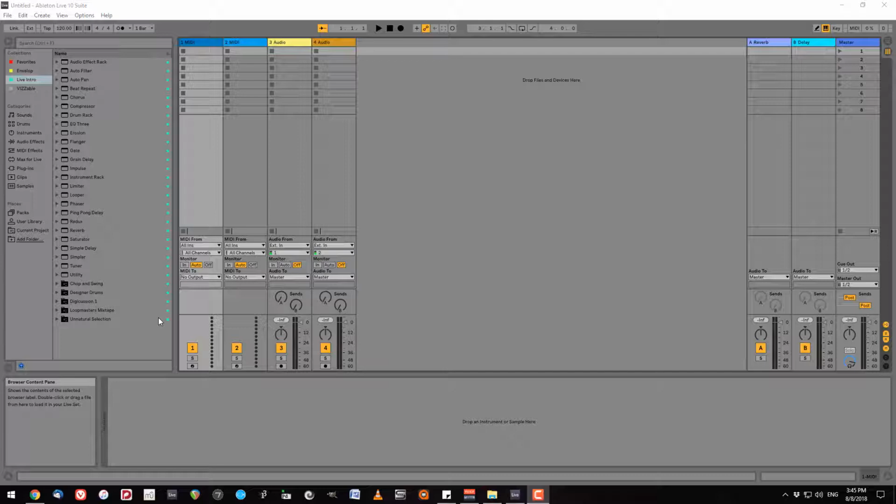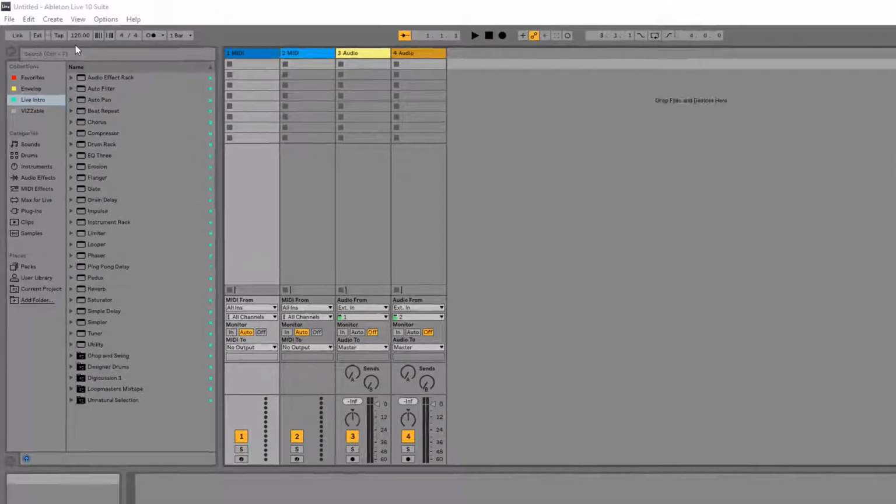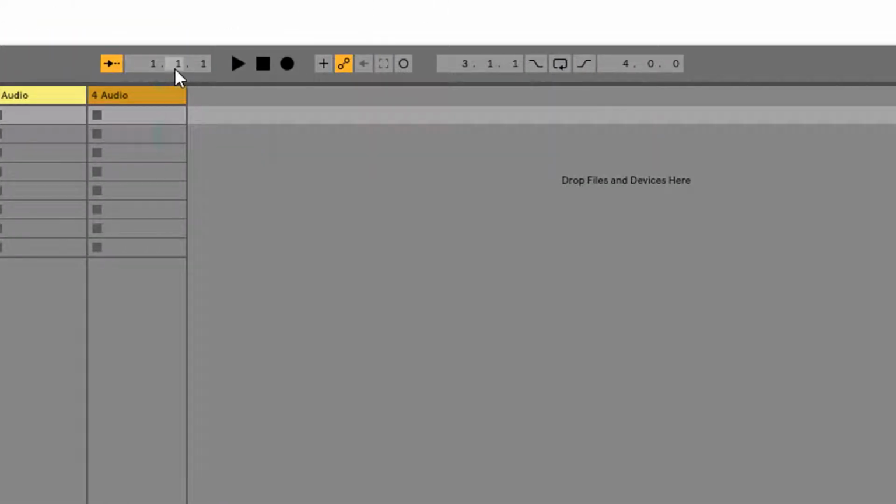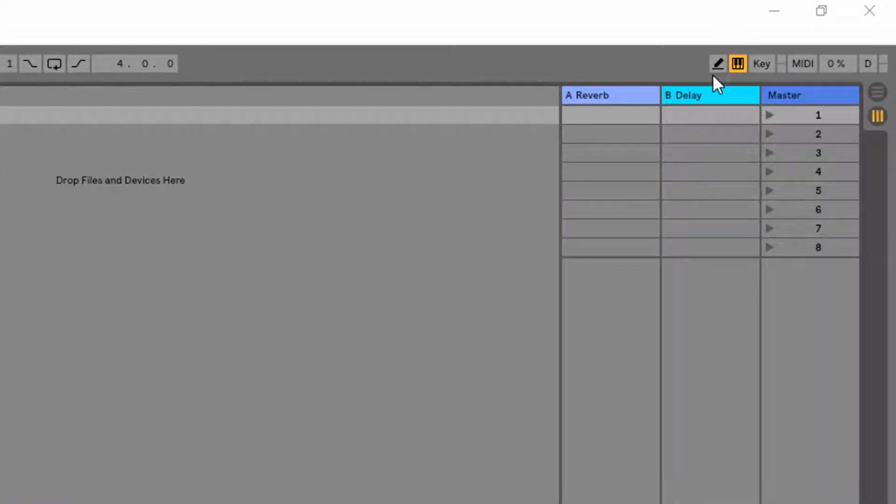This first screen that I'm on is the session view. At the top of the screen are controls. Up here we have controls for tempo and for quantization. This is how fast your piece is and how it syncs up clips. In the center of the top area is a timecode box, followed by playback and recording controls. Next are controls for punching in and out and for looping, although we really aren't going to be using those in this class. Finally, you have controls for draw mode, for computer MIDI keyboard, key and MIDI map, and the